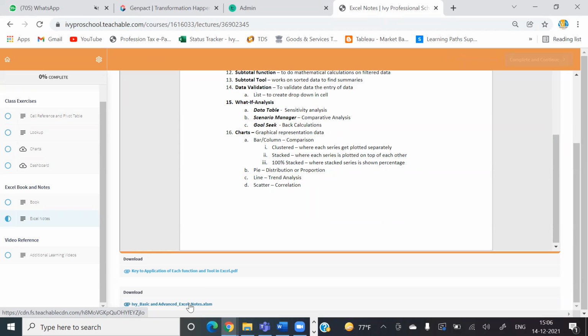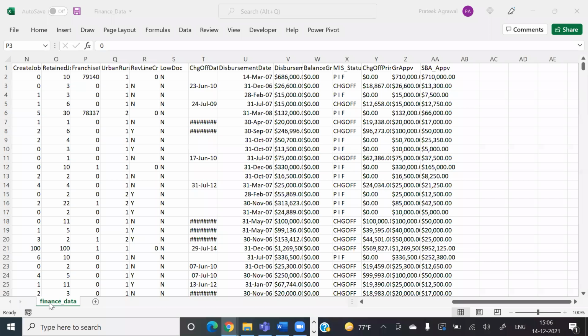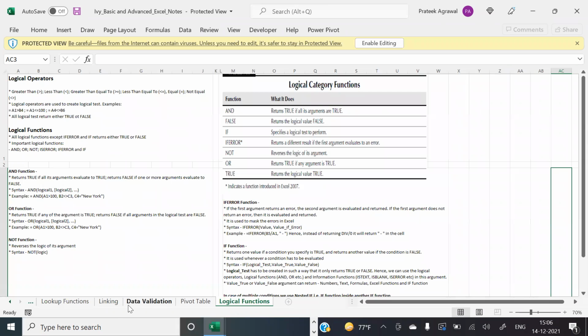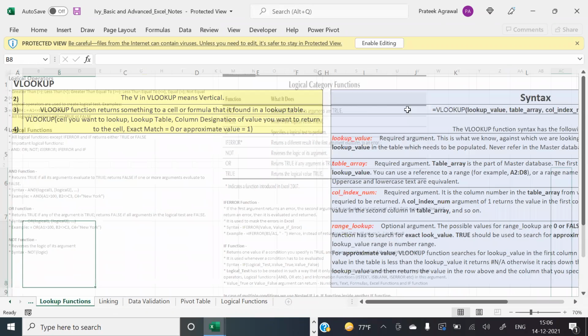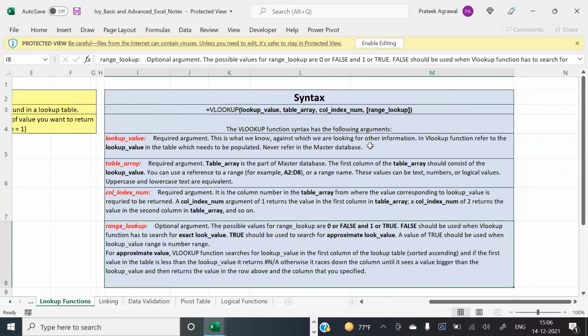So all the topics of Excel that I typically teach, I've not removed anything that I've not taught over here. So all the notes, mostly handwritten notes by me, in which a tool is given and things that I talk about, the things that you need to take care of, are given over here. For example, local function, this kind of thing I do create when I teach. So same thing I've put over here. So these notes are also given to you now.